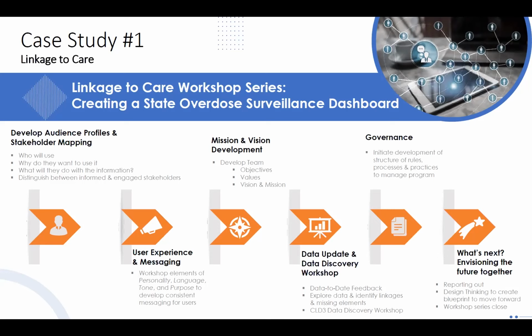And then just like was shared earlier, we focused on governance. Some of this data is proprietary, some of it's behind legal paywalls. What do we need to do to make sure that we have the governance in place to make this work? So this was the process. And then at the end of it, we were able to create what I think is a great dashboard.